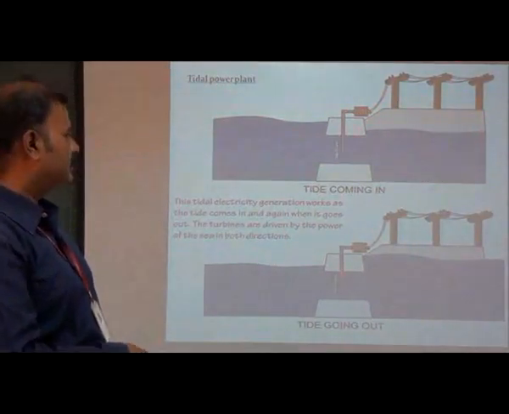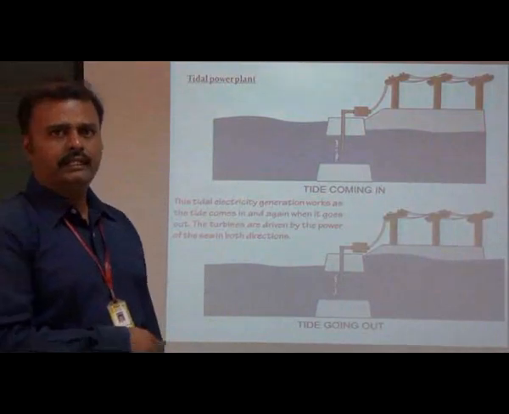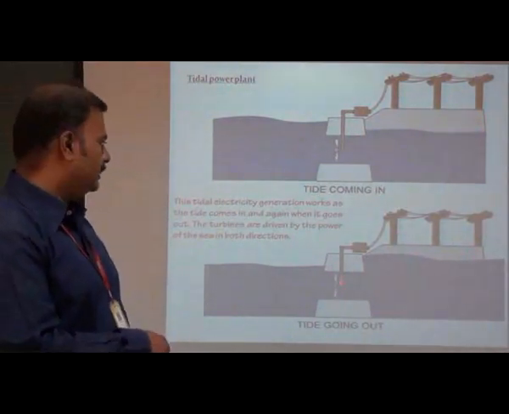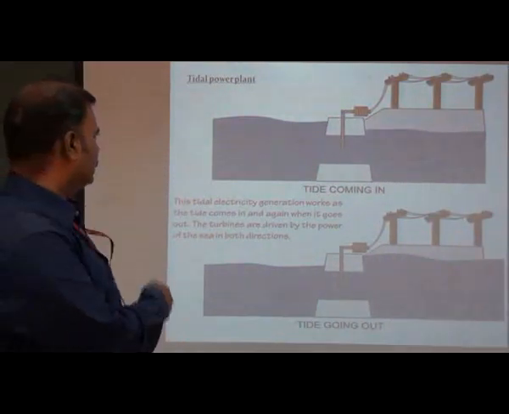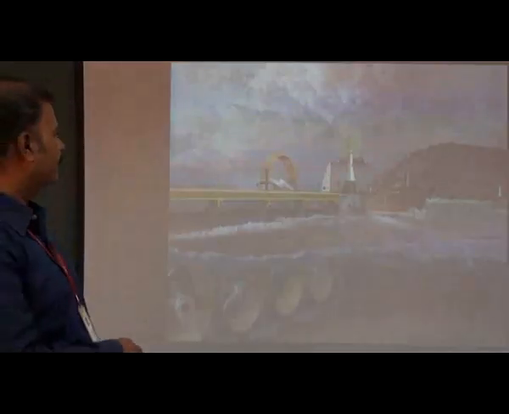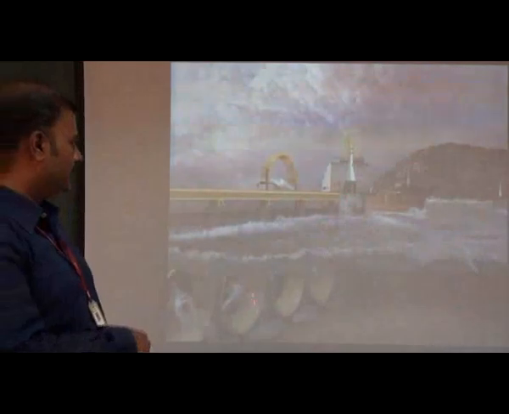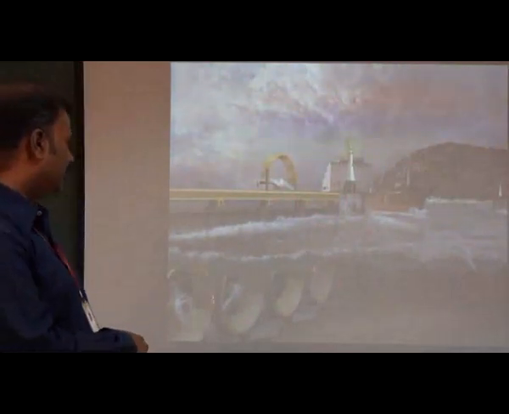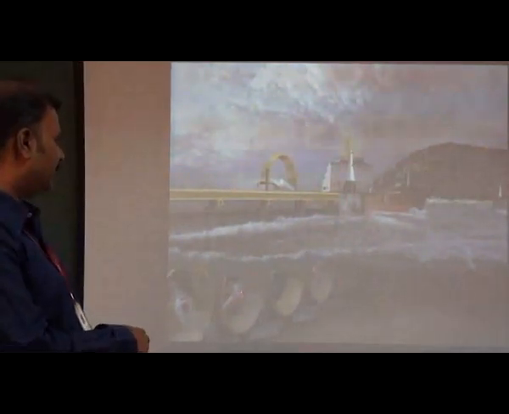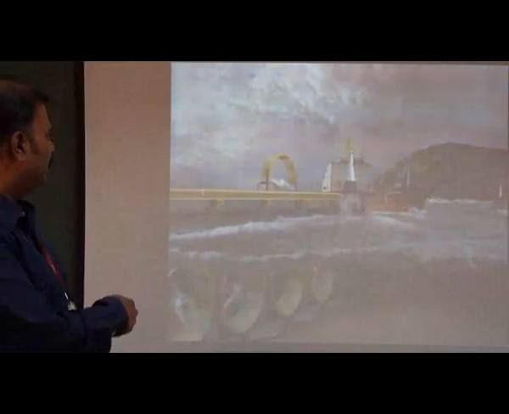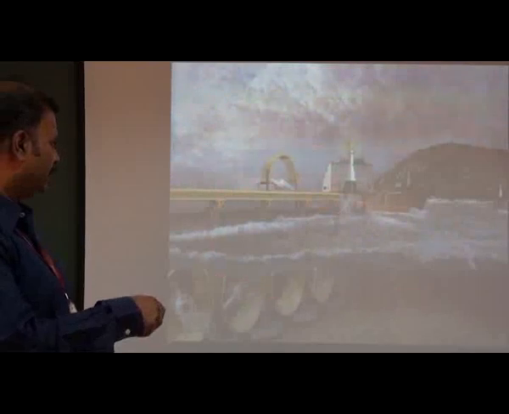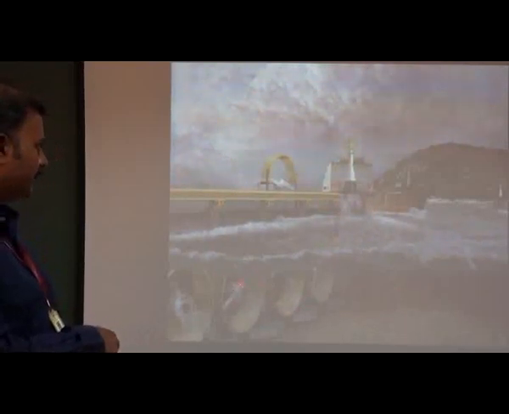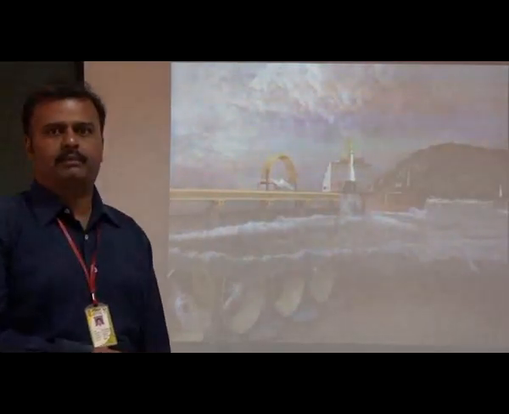The returning tide is called an ebb tide. During that tide, kinetic energy is also utilized. So this is also in the research area only, the tidal power plant. This is the best example of a tidal power plant. See that the blades, like wind blades, are located under the sea. During the tides, upcoming and downgoing, both rotate these blades. So automatically the power is produced.